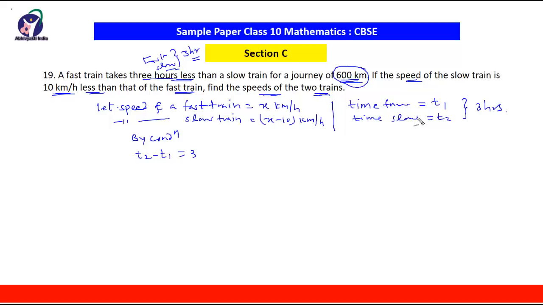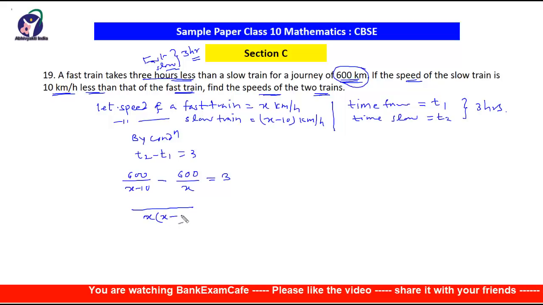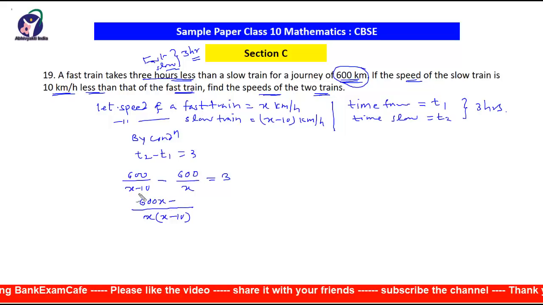Now t2 will be what? It will be distance 600 upon speed, that is x minus 10, minus distance upon speed for the faster train, that is 600 upon x, which is equal to 3 hours. Now we have to solve this, so we will take the LCM, and the LCM will be x into bracket x minus 10. Here we will multiply by x, so it will be 600x minus